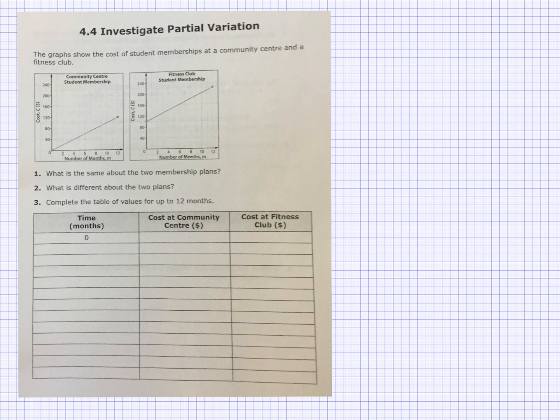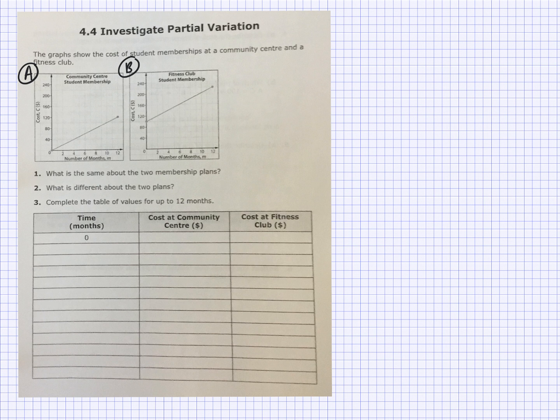So we have two graphs. I'll call this graph A and I'll call this graph B. Graph A, we're looking at the cost of a student membership at a community center. And graph B, we're looking at the student membership at a fitness club. Just by looking at those two graphs, can you tell me one difference between the two graphs, and one thing